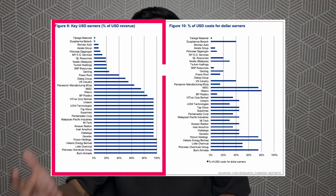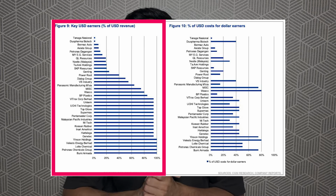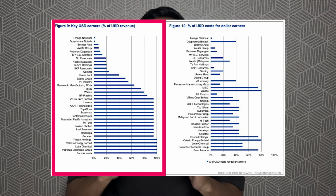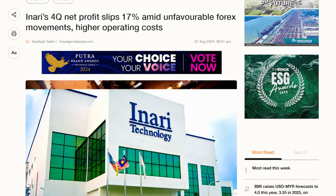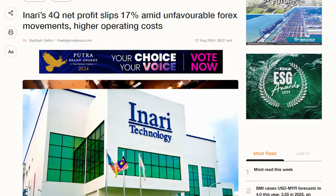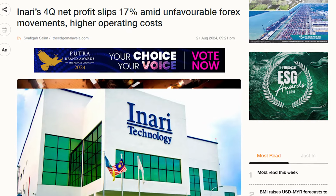So names like Pentamaster, Inari, MPI, all of these companies sell a lot of their products to overseas customers. They receive their revenue in US dollars, which, like I said, if the ringgit strengthens right now against the US dollar, their profits will struggle. For example, Inari just announced their latest quarterly report at the end of August, and they already mentioned that they're facing a 17% decline in profit estimates just because of these forex movements, aka the Malaysian ringgit is strengthening